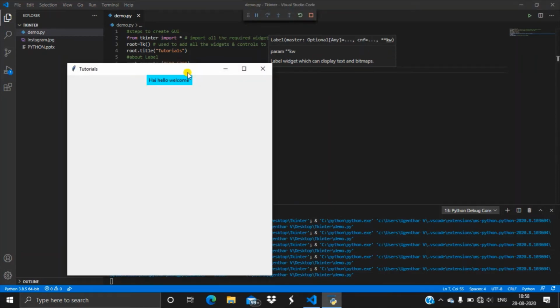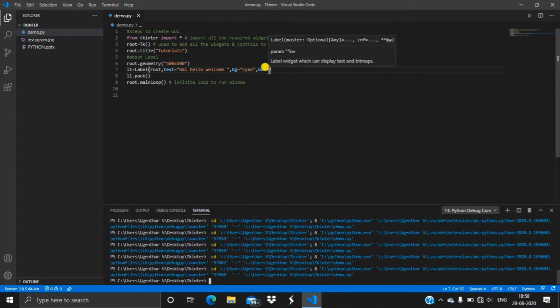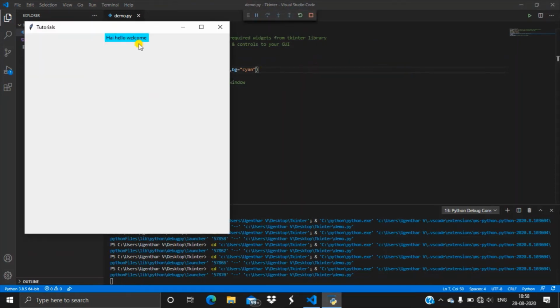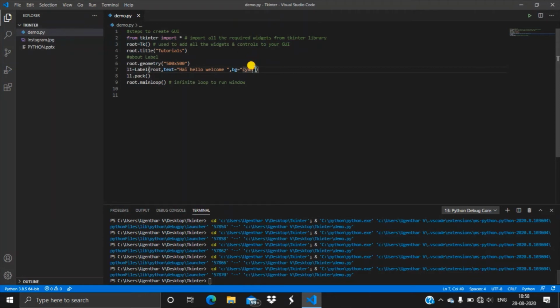Here the width is changed to 4 pixel. You can see in the output in the tkinter window. If you are not giving this bd, the default will be 2 pixel. Here you can see there is some variation, which is just 2 pixel. You can give 4 pixel, 10 pixel, etc. as you wish.